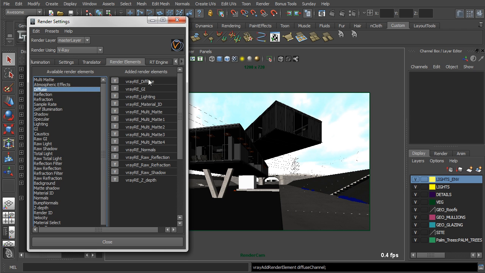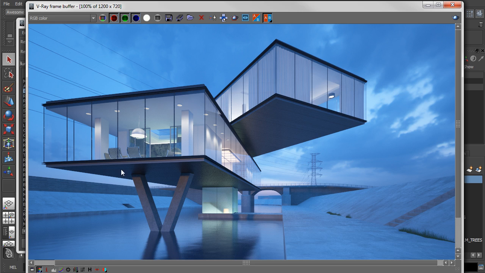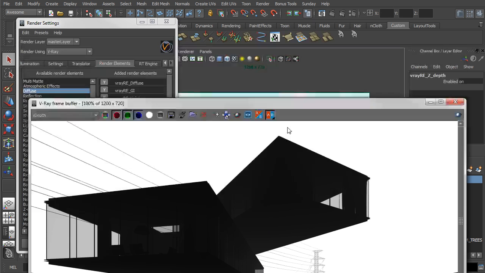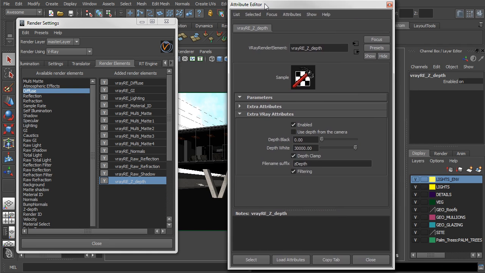So the only ones that require a bit of setup are the material ID, these multi-matte elements, and the Z-depth. So first let's take a look at the Z-depth. I've already gone through and rendered these out. So if we go down to the Z-depth, you can see this is just a black to white image, with black being in the foreground and then it going to white in the back. So we need to tell it